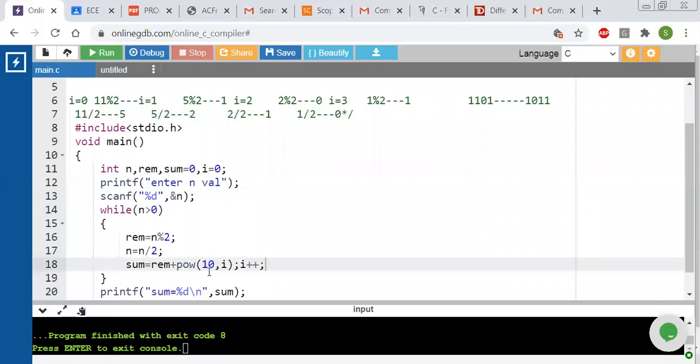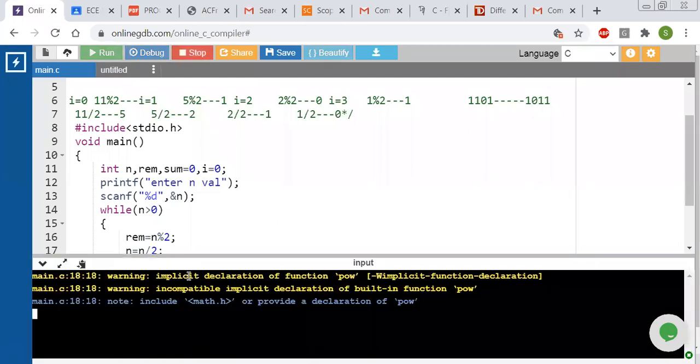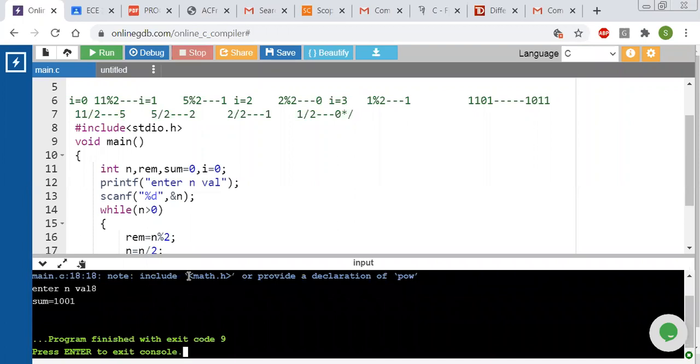10 power I. Okay, we'll take another example and verify what our answer is, so that we may get some idea of what modification we have to do. We'll do 8. 8 means we should get 1000, but actually we are getting 1001.